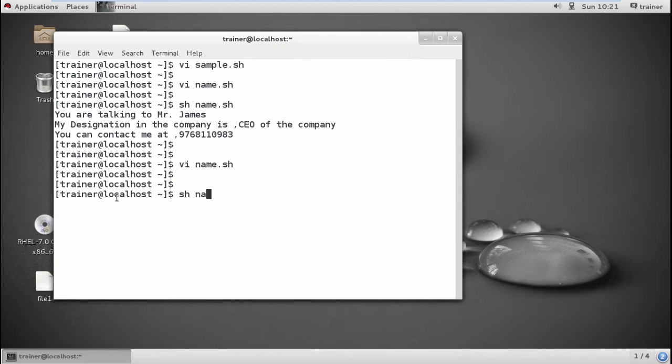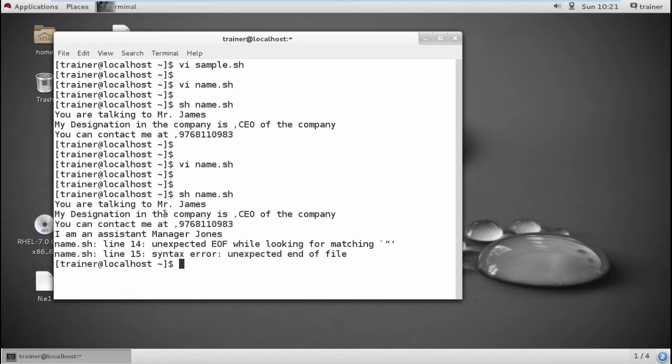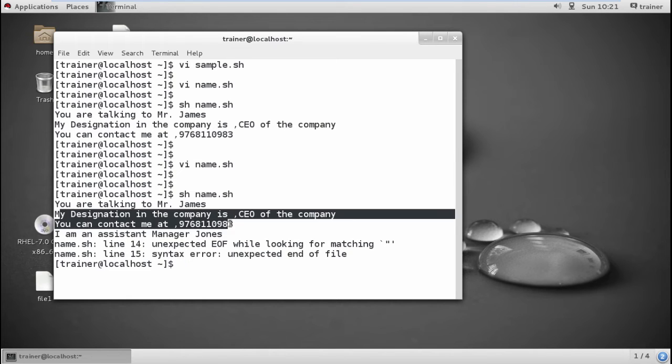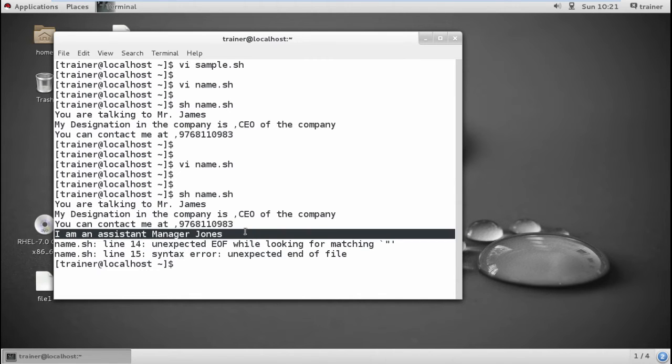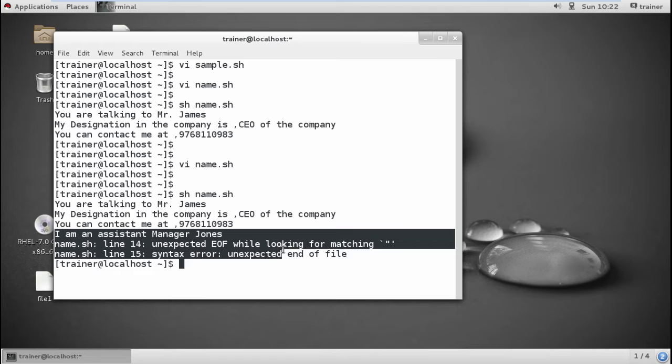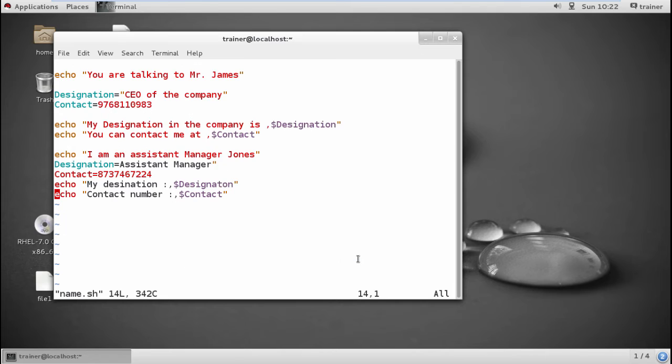Okay, now I'm going to run the same. You can find it is giving you this part as it is, but while I type over here, I get the message Mr. Assistant Jones, it is again accepted as it is not a variable. And post that again we have found that there is some error. Wait a while, there is actually a different error we have got here. There are actually the characters which we use several different kind of